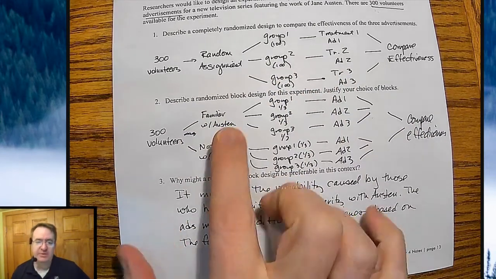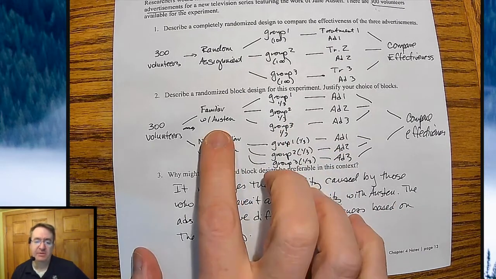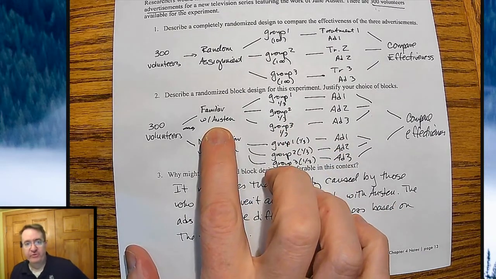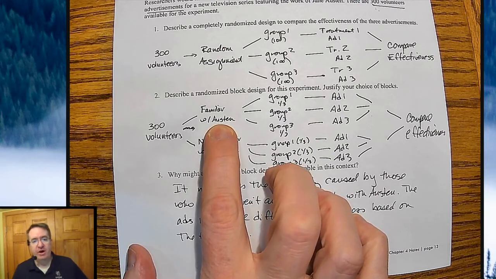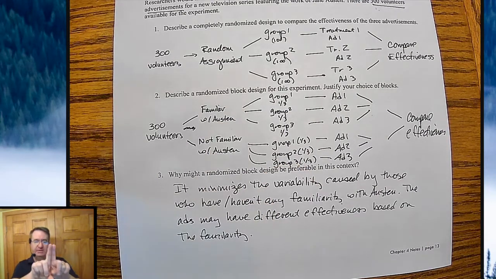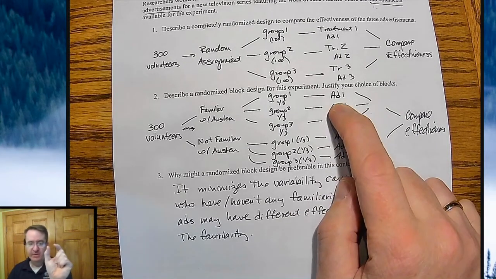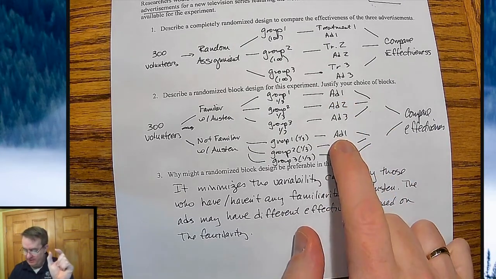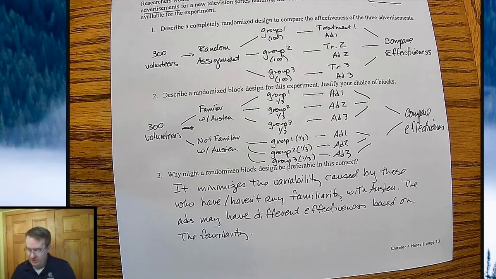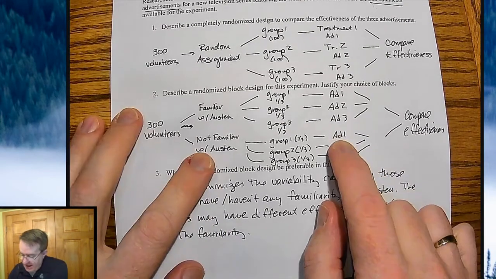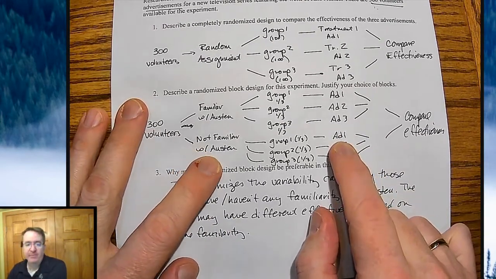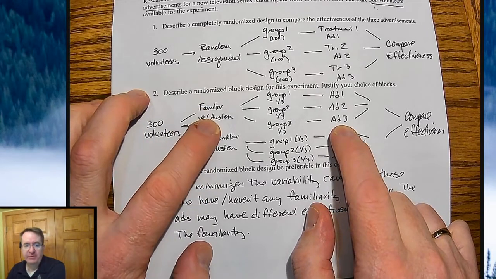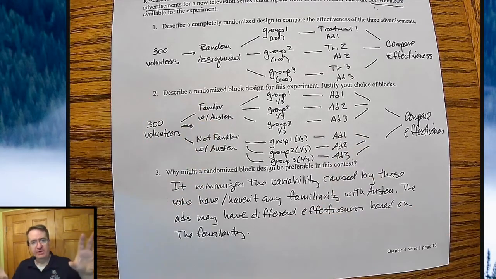Whereas if it was an issue with, like in my wife's case, I don't think it's going to be true to the story. If other people who like Jane Austen had that, then that means that they may be all together in a clump over here for, let's say, ad one. Let's say that was that one. And I really liked ad one and my whole group over here. So you might be able to actually see, hey, ad one was best for this group. Ad three was best for this group. So then that way you can kind of target things out that way,